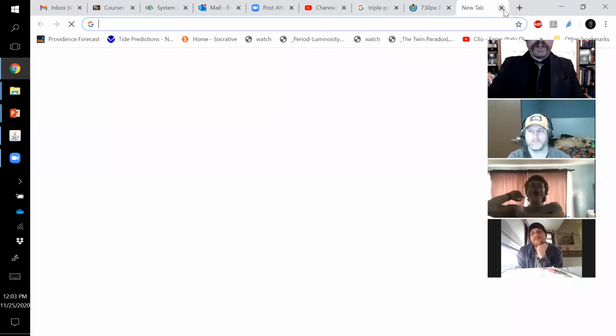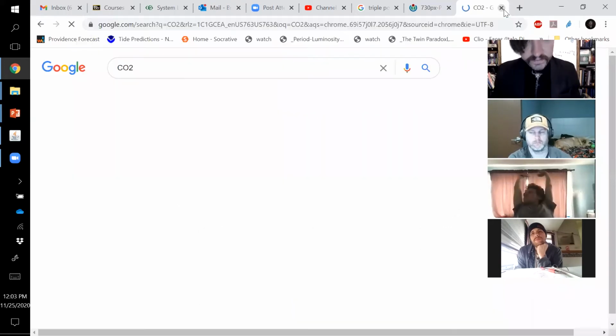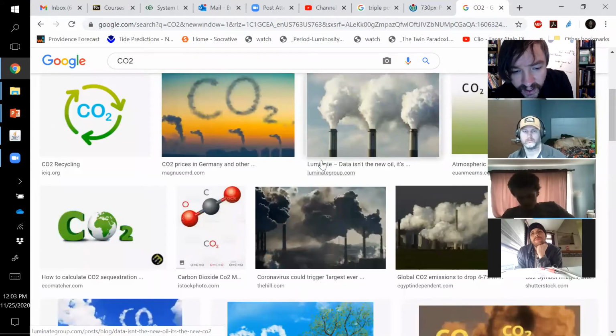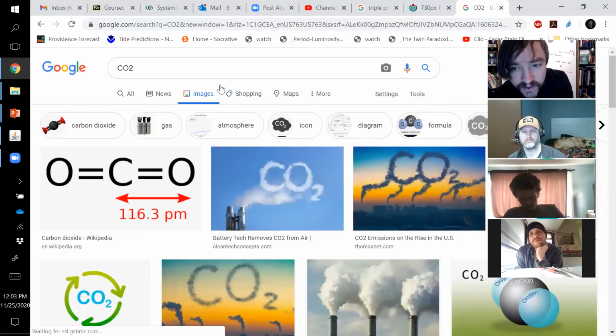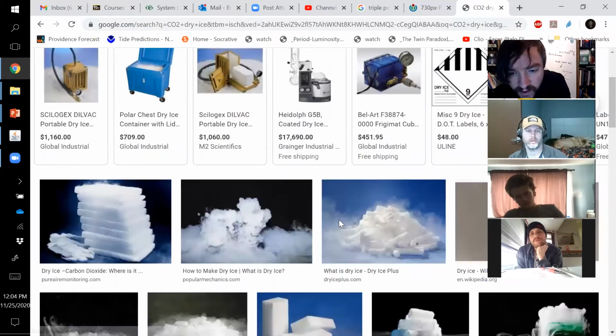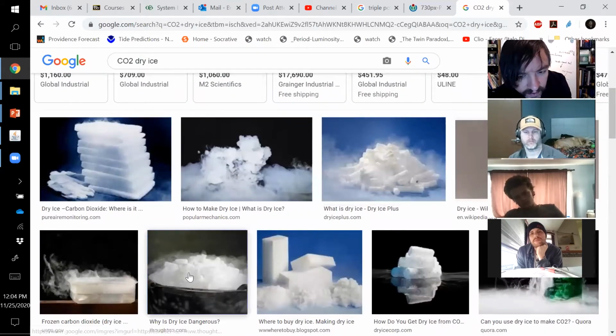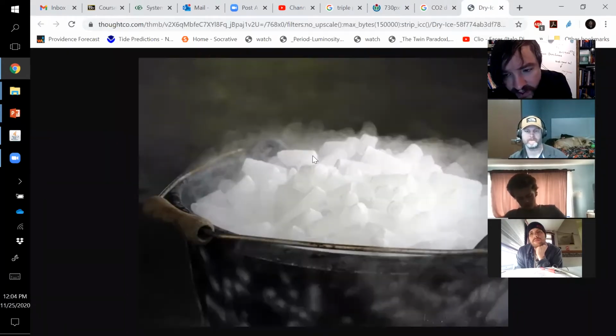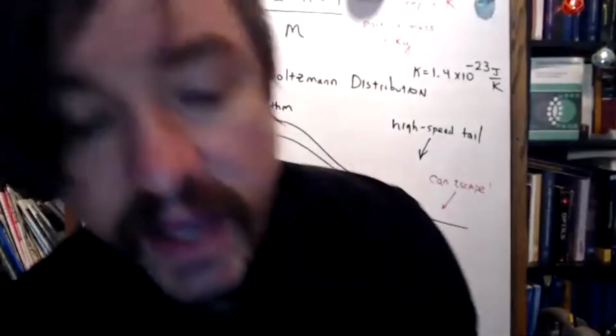I like to think of CO2 at room temperature as being a great example of sublimation. If you've ever got to play with dry ice, made some dry ice cream, let's just look at a picture here. Like fog machines, right? Here you can see a bucket of CO2 frozen, and it's sublimating. It's going directly from the frozen phase into a gaseous phase. In any case, mostly it's just volcanism. I got a little distracted with the CO2 thing.